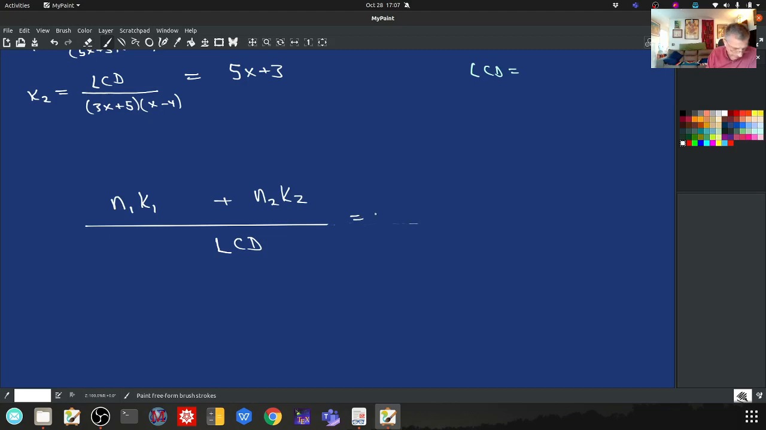Well, my first numerator is x + 4, and my k1 value was 3x + 5. My second numerator was x, and my k2 value is 5x + 3. And all of this is over the LCD, and I just write LCD until the very last step. There's no reason to repeat all of that. So what do I do? I have to simplify the numerator. There are no common factors to factor out, so